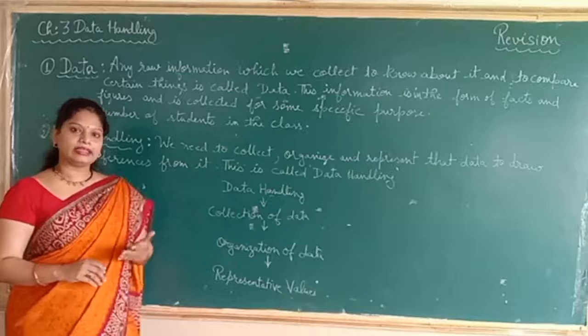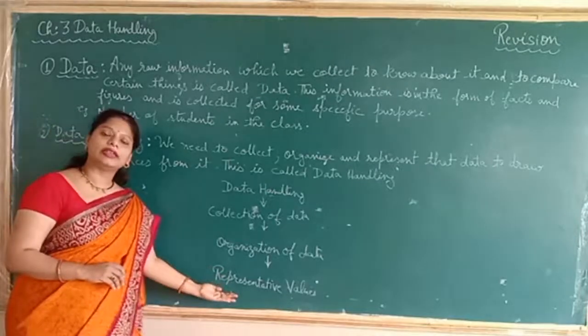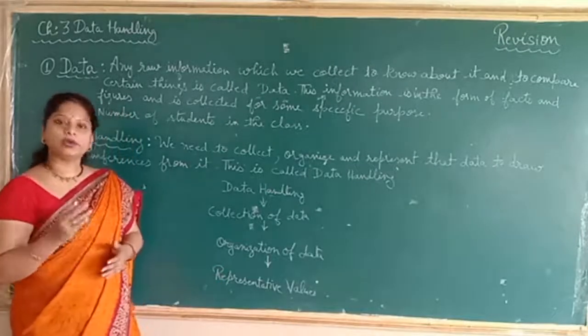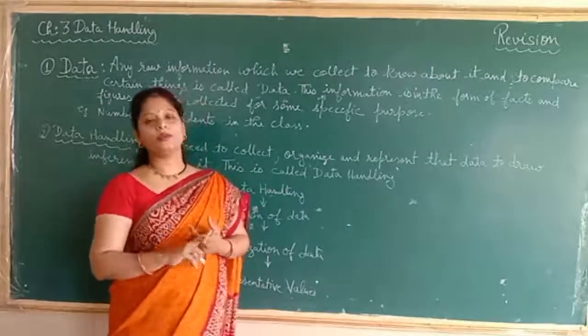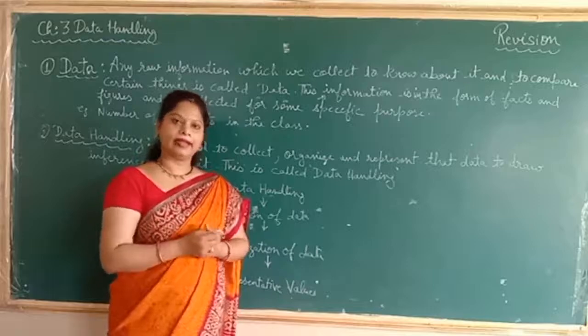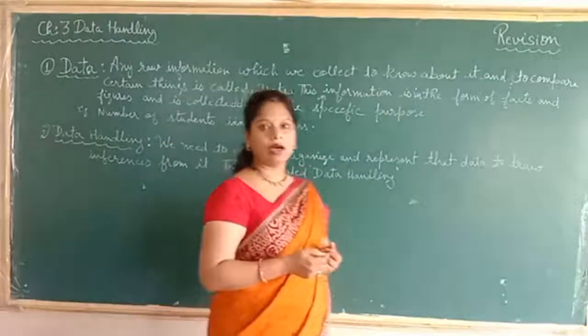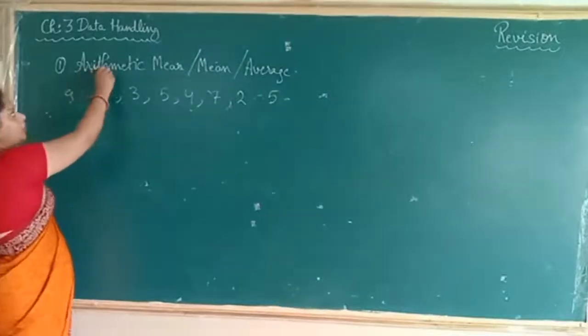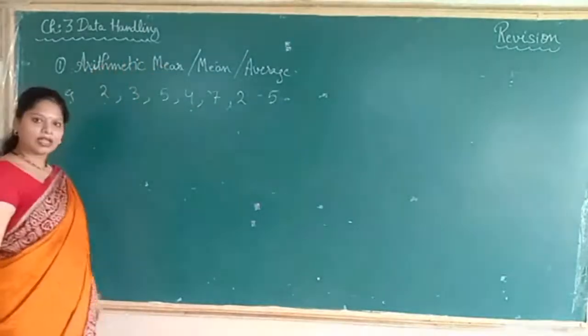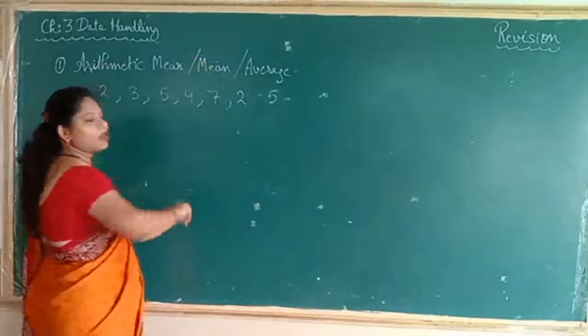जो हमें answers चाहिए वो कहाँ से मिलते हैं हमको? Representative value से. इनके लिए हमको क्या find out करना है? इनके लिए arithmetic mean, median, mode ये हमको पढ़ना है. Okay? Now continue. Students, let's start through an example how to find arithmetic mean, or we can say mean, or